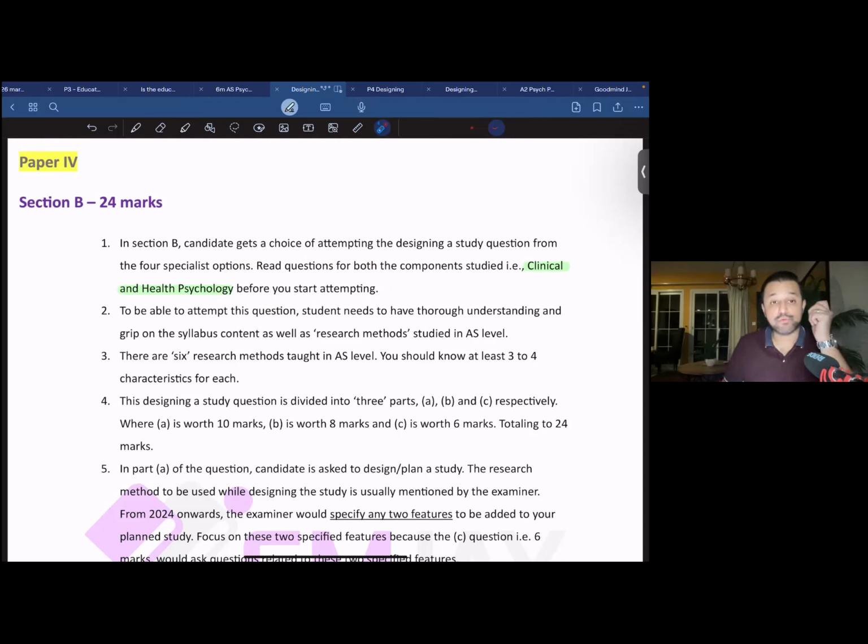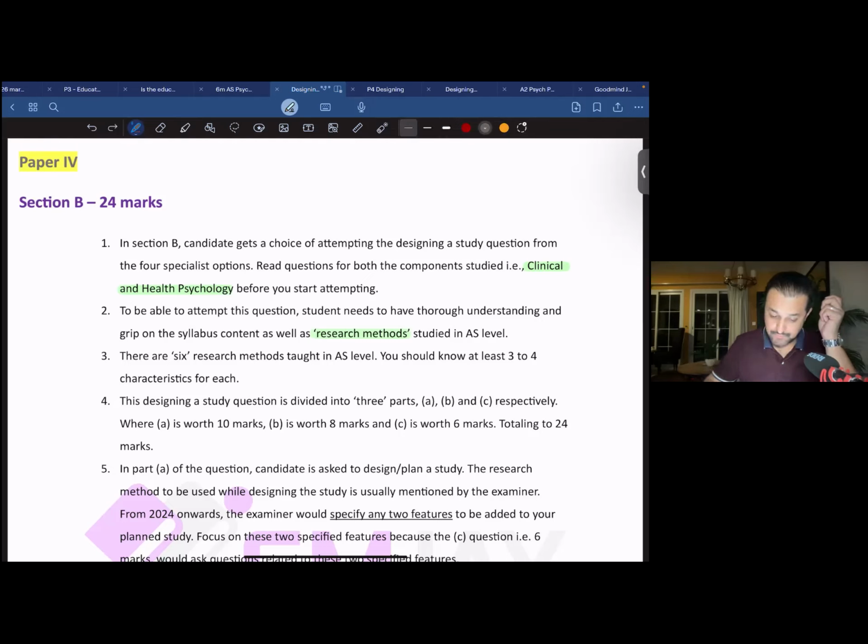Number 2, to be able to attempt this question, you all need to thoroughly understand your research methodology. You all need to be aware of the different research methods that are part of your syllabus. And if we speak about these different research methods, we have